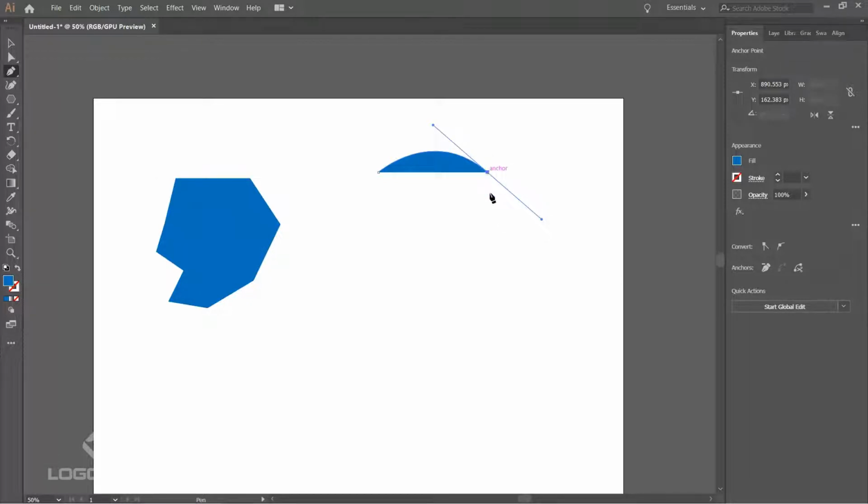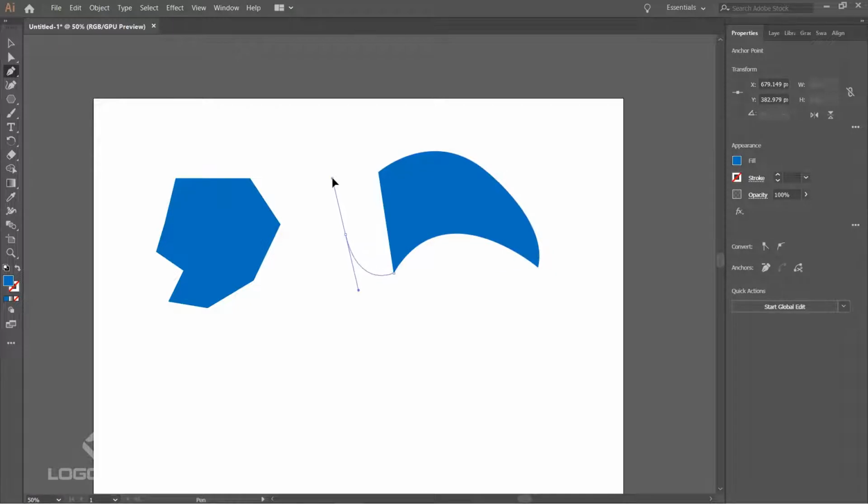Here you have to click. Okay, what you have to do is hover your mouse over this point and click on it to break the handle. Now you can click and drag it back. So create a curve. Here again we have to click on this to break the handle and create a curve, whichever direction you want. Click, and if you find